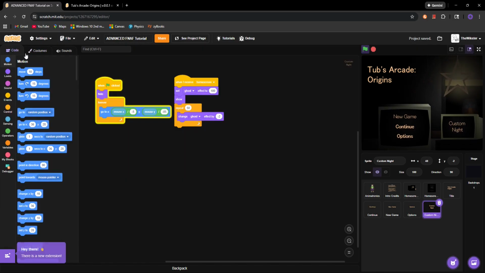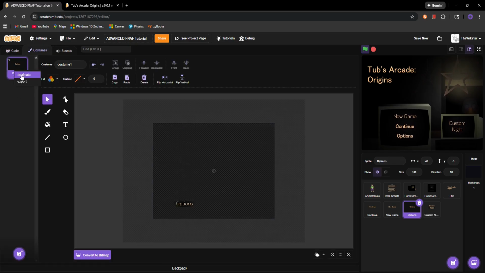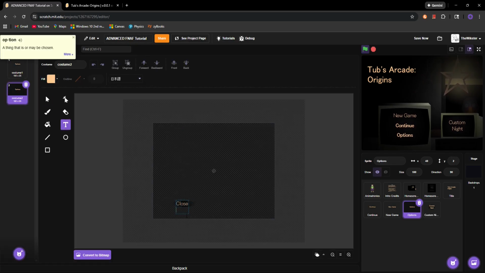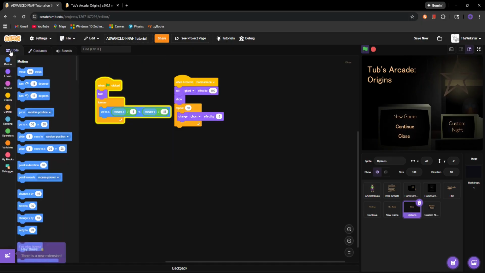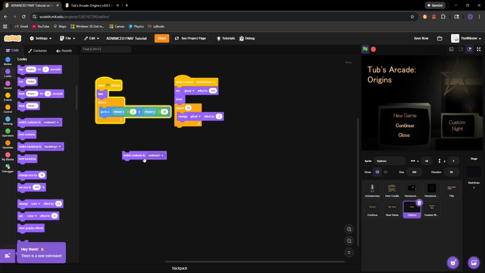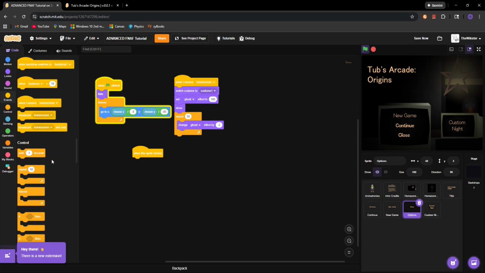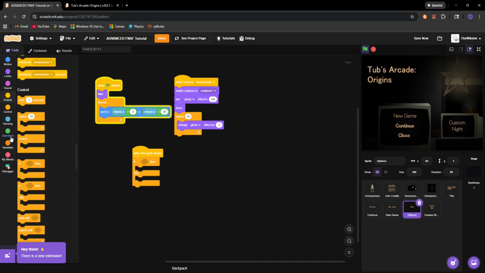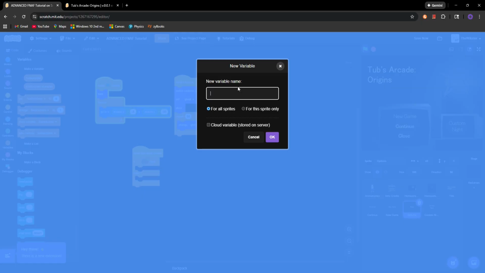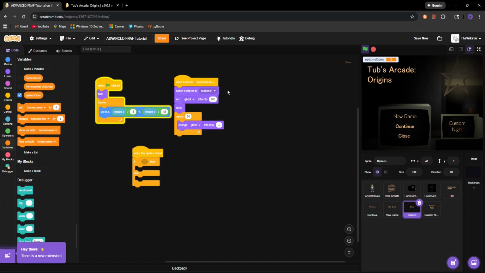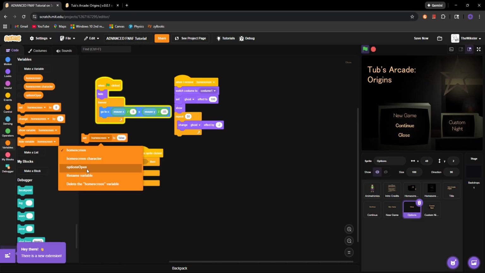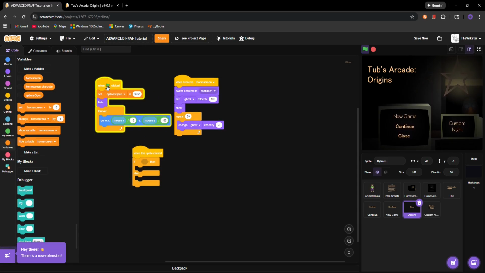Now, we're going to go to options, and we're going to make another costume. So we're going to call this one close. And we are going to put right here, switch costume to costume 1. And then we're going to do when this sprite is clicked, then we're going to get an if else. We're going to make a new variable, and we're going to call this one options open like that. In the beginning, we're going to set it to false. Set options open to false, and you're going to just put that in whenever green flag is clicked,